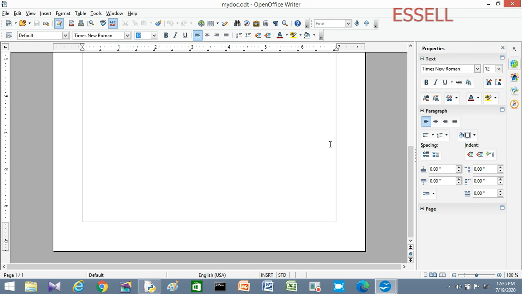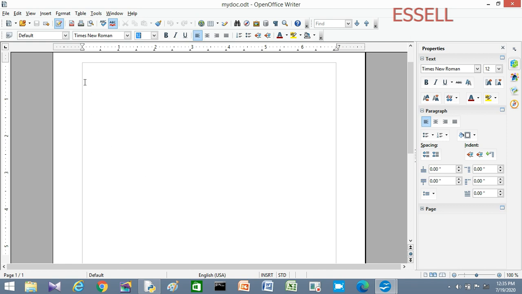Next we have to study about pointers. There are two types of pointer here. One is the mouse pointer and the second one is the text pointer, or text cursor. Here a vertical line is blinking, that is known as the text cursor. And suppose the mouse points to these toolbars, outside of the document area, that becomes a mouse pointer. Therefore, we can see two types of pointer here: one is the text pointer and the second one is the mouse pointer.